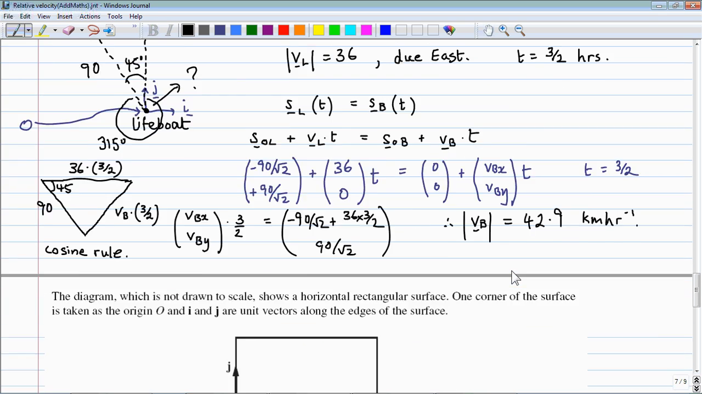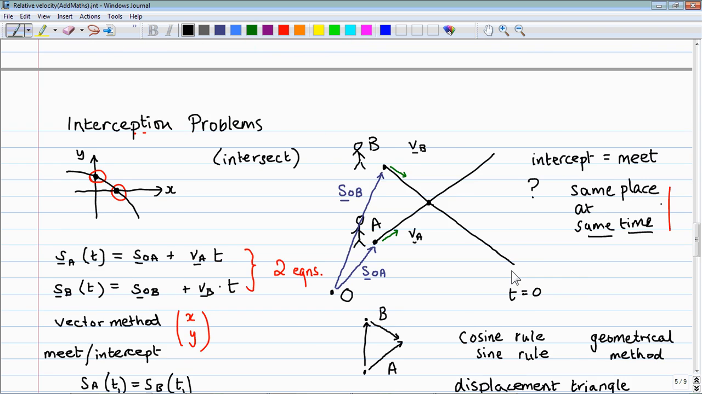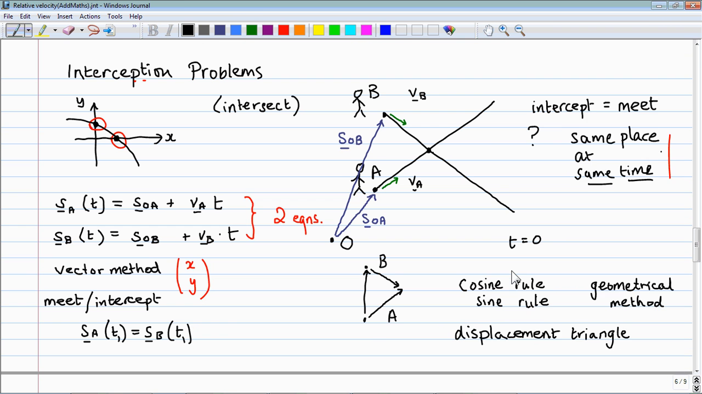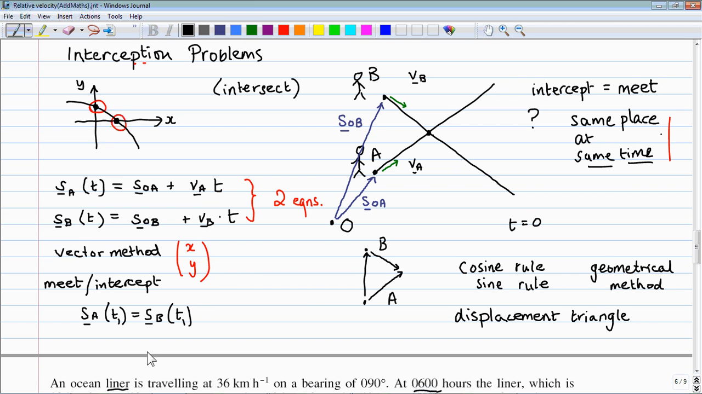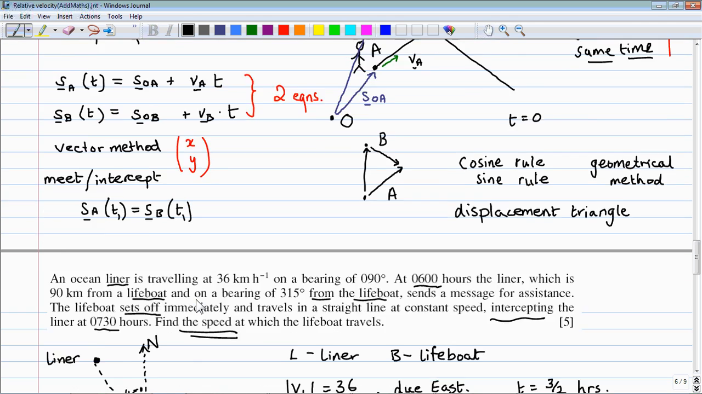Okay, so that's basically it. There's not much more to say about these problems. Make sure you understand the concept. I recommend the vector method, but you may also want to spend some time looking at the examples in the book. There are some quite difficult examples,